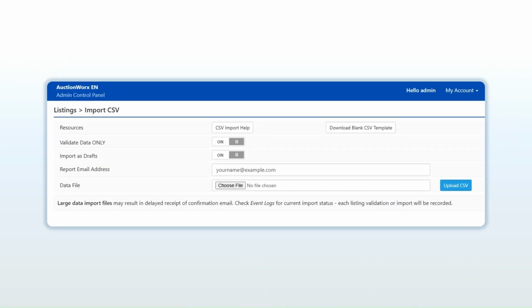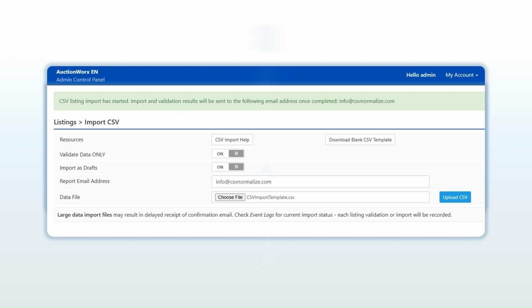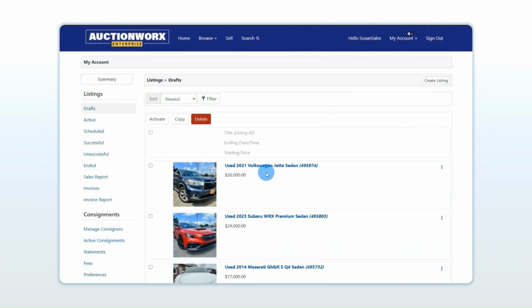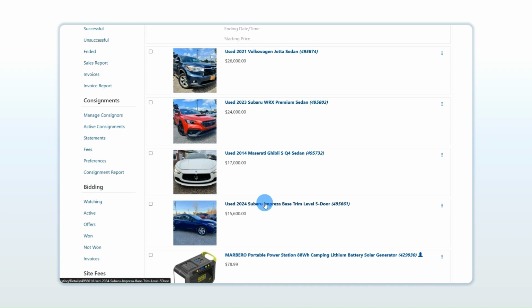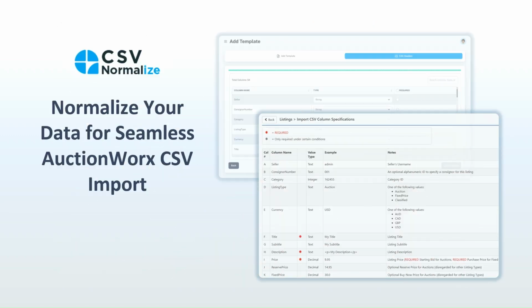Now, we will upload this file to the AuctionWorx and confirm that the listings have been successfully created. This is how you can normalize your data for a